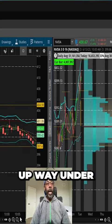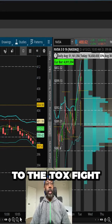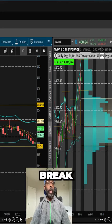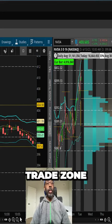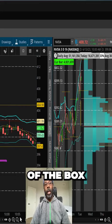If it opens up way under the box, then it's going to try to come all the way back up to the box, fight to break through this no trade zone, and either tag the top of the box and